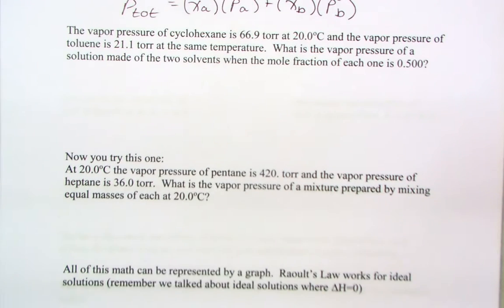Okay, so when we look at this one, we know that the vapor pressure of cyclohexane is 66.9 torr at 20 degrees, and the vapor pressure of toluene is 21.1 torr at the same temperature. What is the vapor pressure of a solution made of the two solvents when the mole fraction of each one is 0.50? Well,